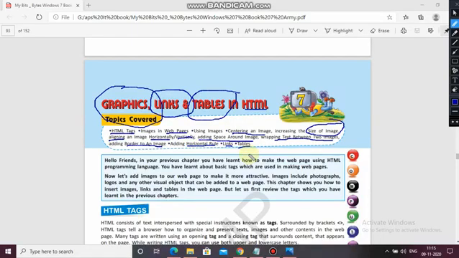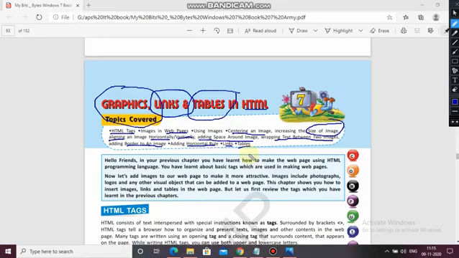So here it is written, hello friends, in your previous chapter you have learned how to make a web page using the HTML programming language. As you already know, HTML is a programming language through which, with the help of the tags, we can create a creative, attractive web page. You have learned about basic tags.